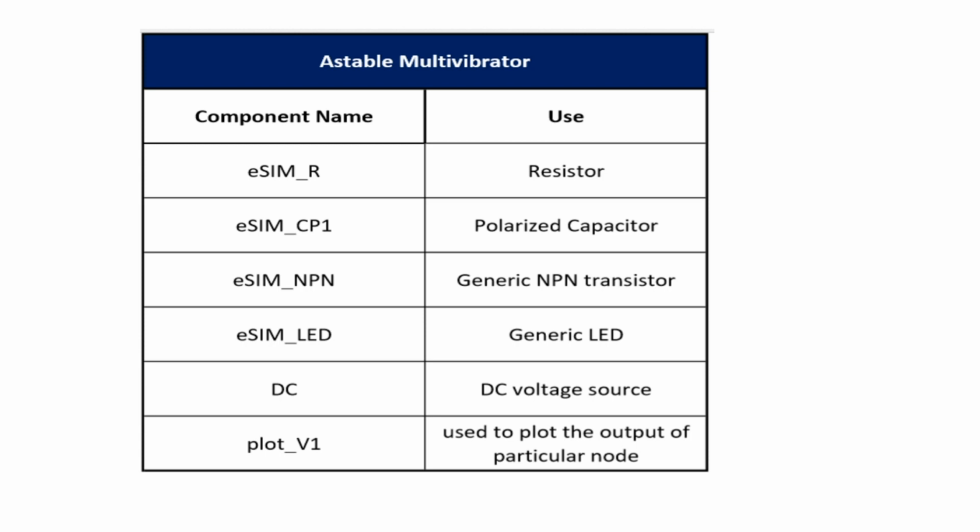Then we have plot. Plot is used to plot the output of a particular node. If you have n number of components and you would like to visualize the flow of signal across the components, you will keep this plot at intermediate places. In order to visualize the simulation of your circuit, you could use the plot appropriately. It's like a breakpoint. If you want to see some intermediate values or outputs, you could keep this plot at the output wire of the respective component. So we have a plot here.